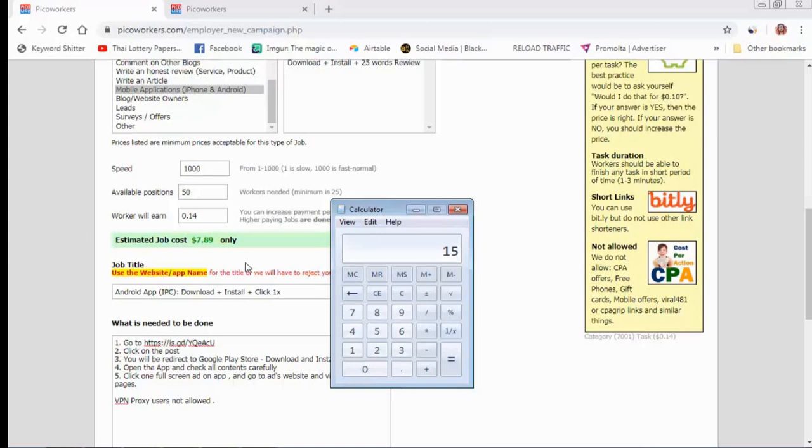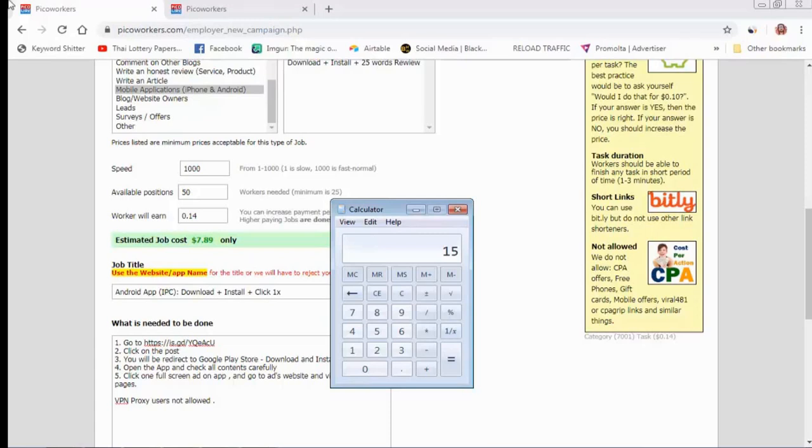If your application is not installed by real users, if your application is not getting real views and real impressions and real clicks, then if you are doing a campaign on Pico Worker, maybe your account is going to be suspended, disabled, or you will get an ad limit problem, because your website, your application needs original traffic first.